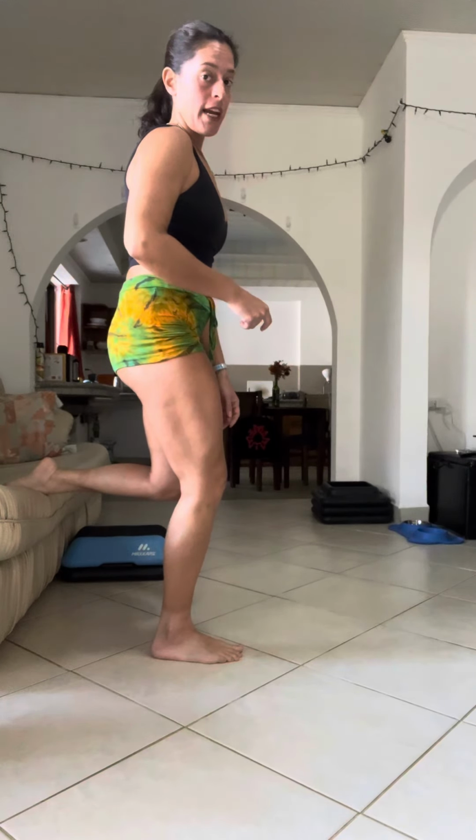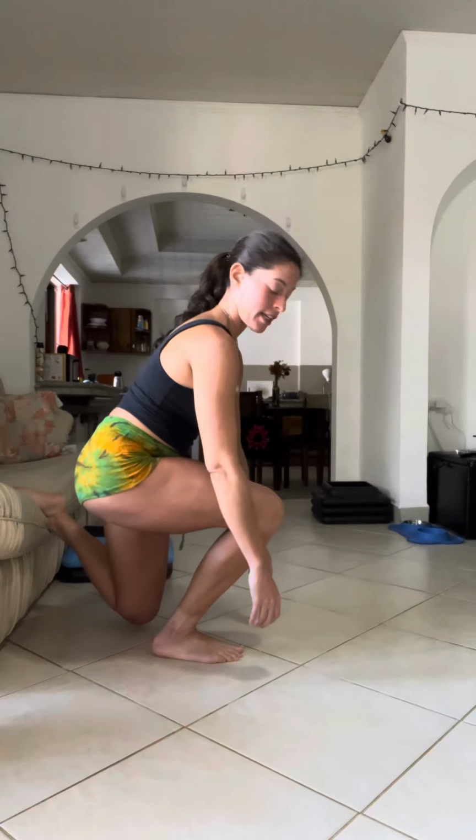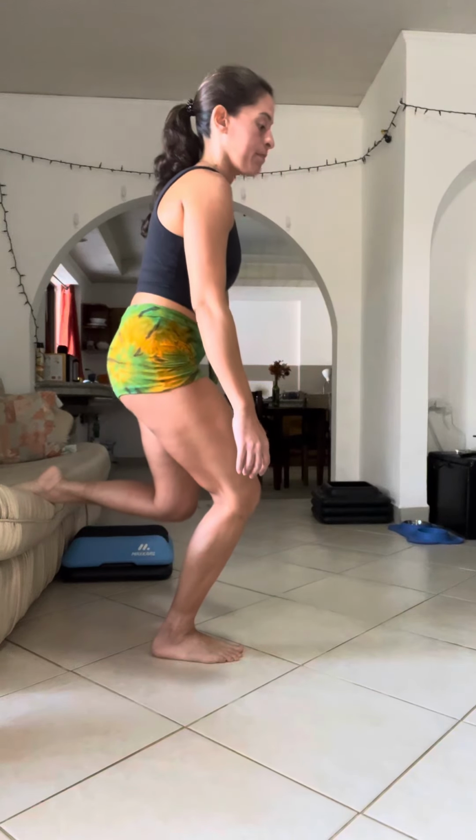As you go down, I want you to let the knee go forward as you fold a little bit at the hip. So you're going to see that the torso angle matches roughly the shin angle as I go down. And I'm going to push through the arch of my foot as hard as possible to come back up to the same start position. So notice my hip extends forward, the knee does not straighten, nor do I arch my